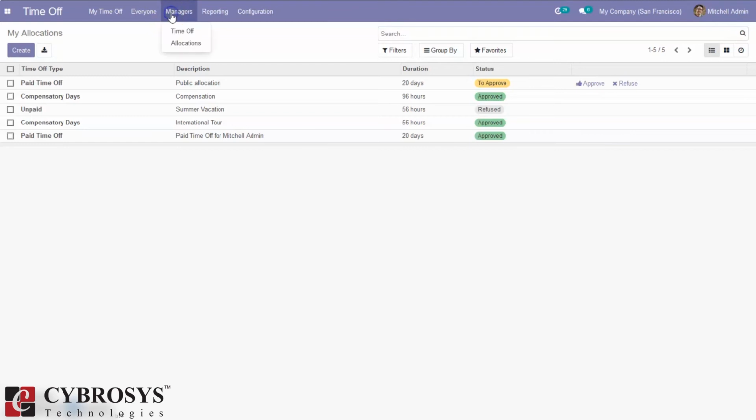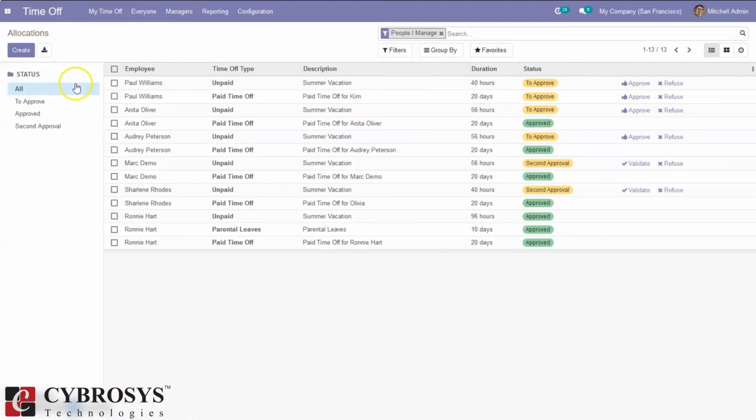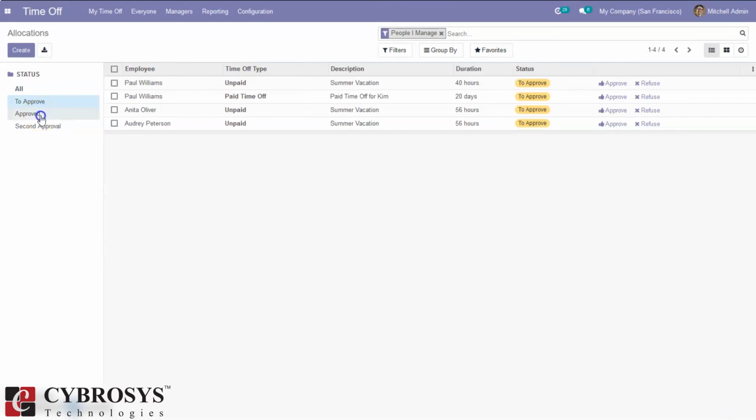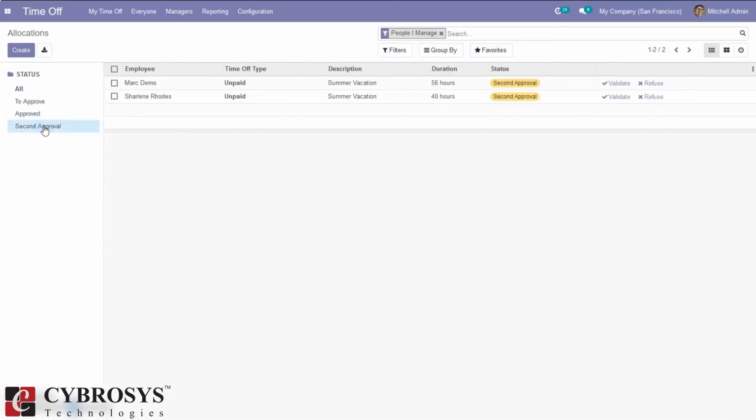Then here managers can also view all time off and allocation requests. Here we can see allocation requests, and we can filter these allocation requests by allocations to approve, approved, and then need second approval. You can see details like employee name, the employee who requested the allocation, then time off type, description, total duration requested, and from here it is possible to validate or refuse the allocation.